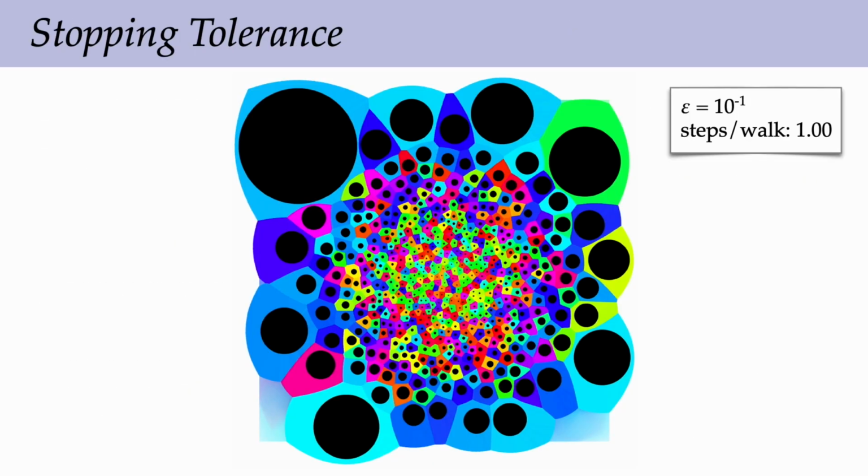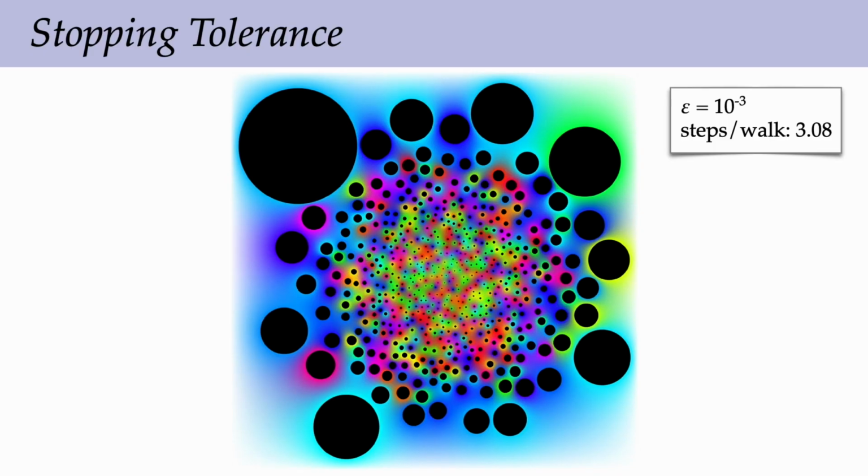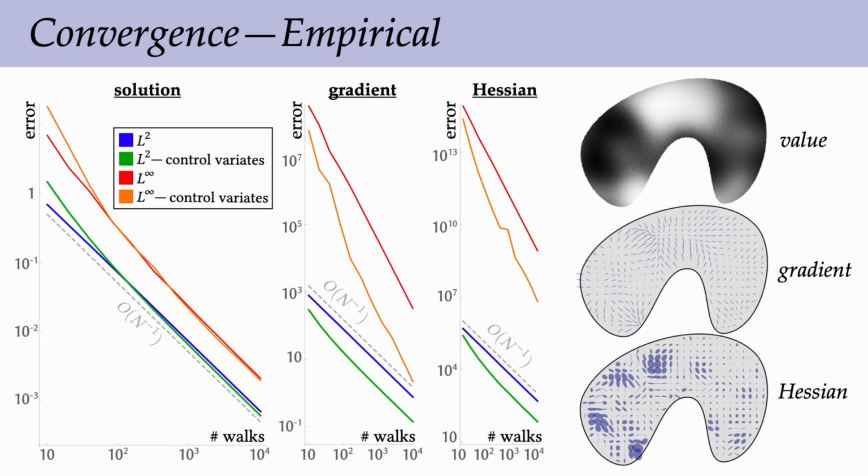To see what that means, let's take a look at a little example where we start out and make the epsilon shell huge. Basically, as soon as you start, you just jump to the boundary and grab the boundary value. What we get looks a little bit like a Voronoi diagram of the boundary conditions. As we start decreasing epsilon, so waiting longer and longer to jump to the boundary, we very quickly get something that looks like the right solution. And we see that the number of steps per walk is increasing very slowly. So we don't really need to worry too much about tuning this parameter carefully. We can verify empirically that our estimators converge at the expected rate,